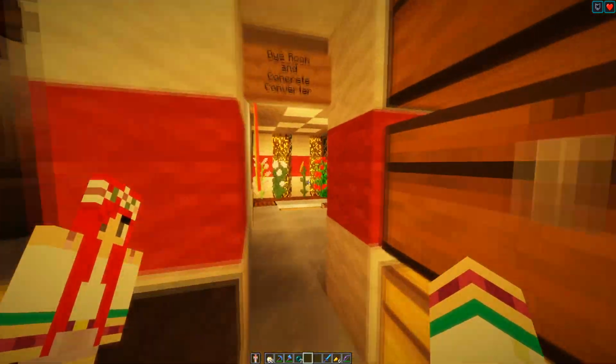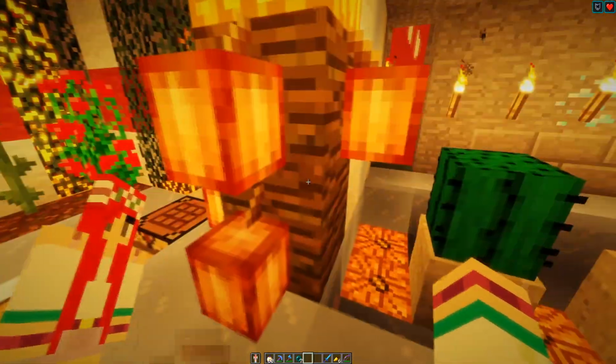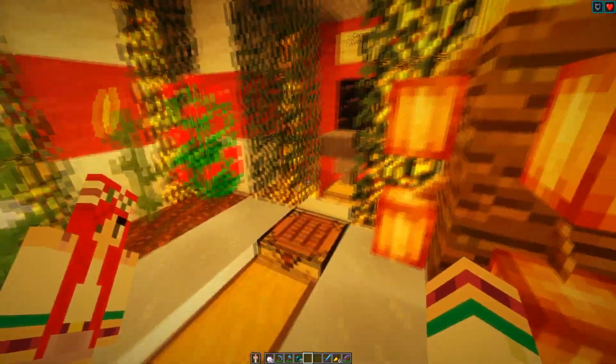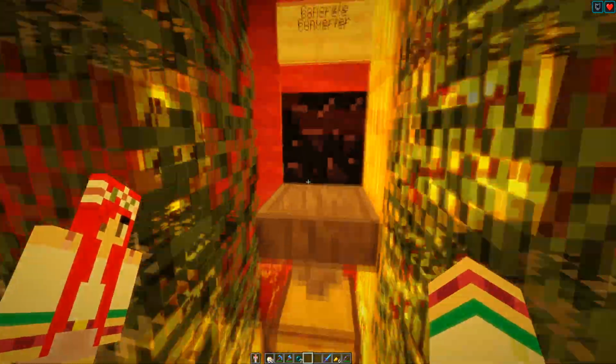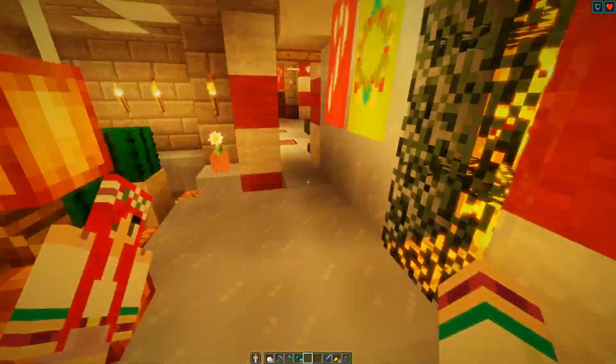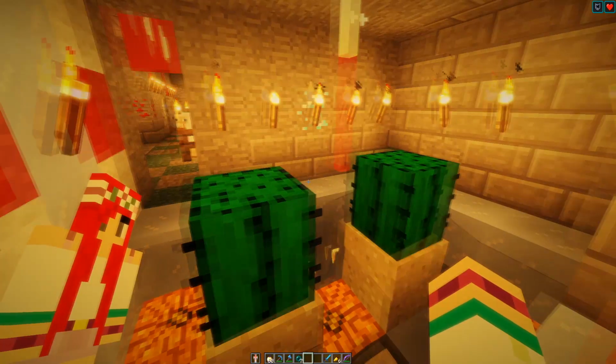In here we've got the dye room and a concrete converter. So this was all set up as well. We've got the cactus growing there for the green. Very cool. Just sit here and convert all your... There is water there. It's probably harder to see with the shaders on. You can convert your concrete there. Through here is the back of the...